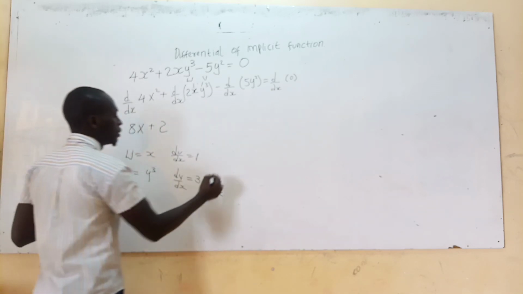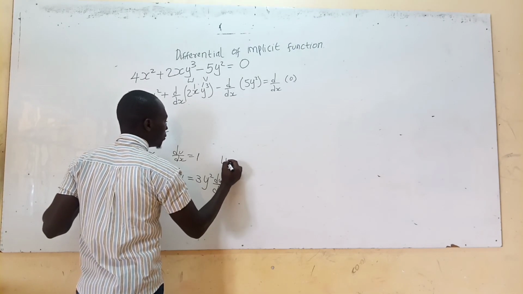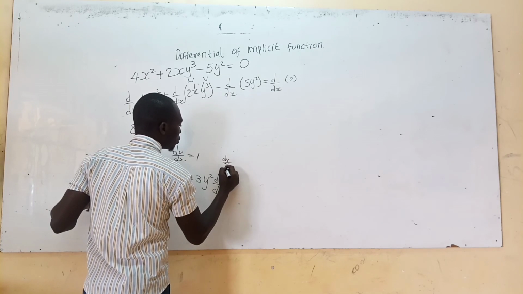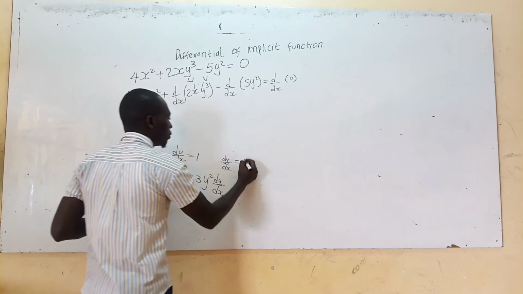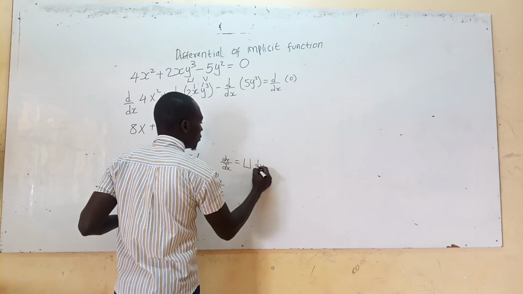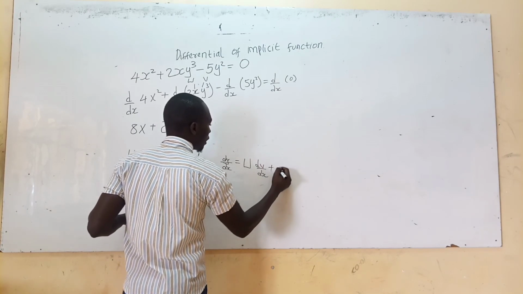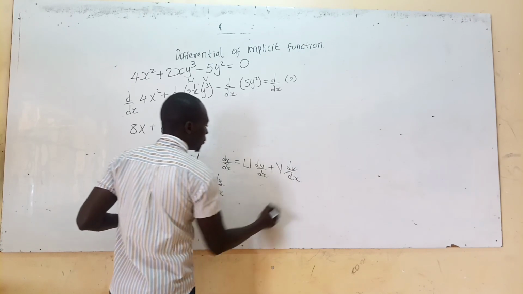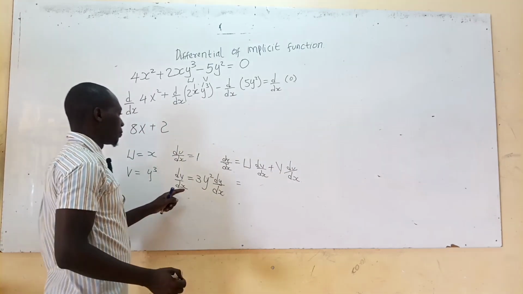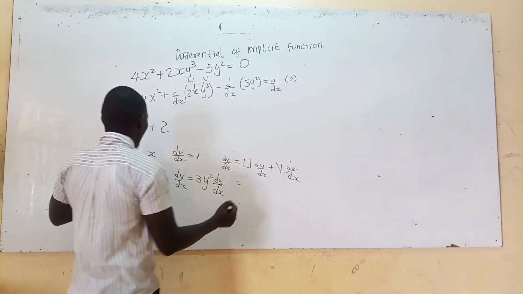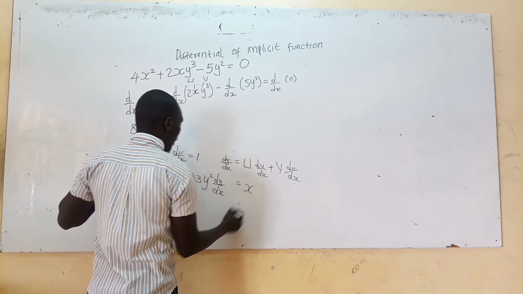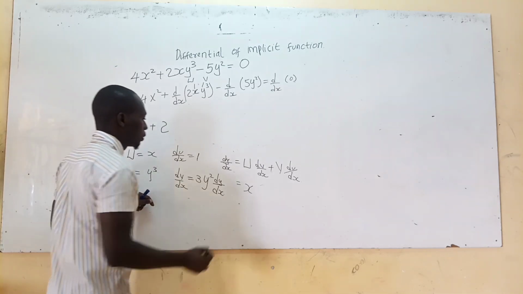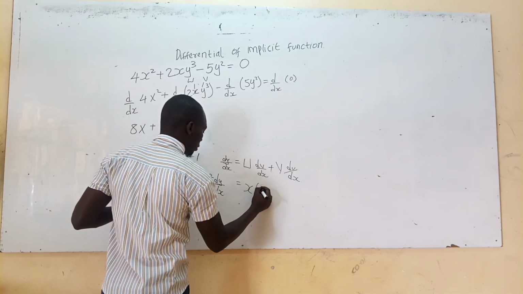We understand that dy with respect to dx is equal to u dv with respect to dx add to v du with respect to dx, to mean that our term of u will be x, our term of dv with respect to dx is going to be,